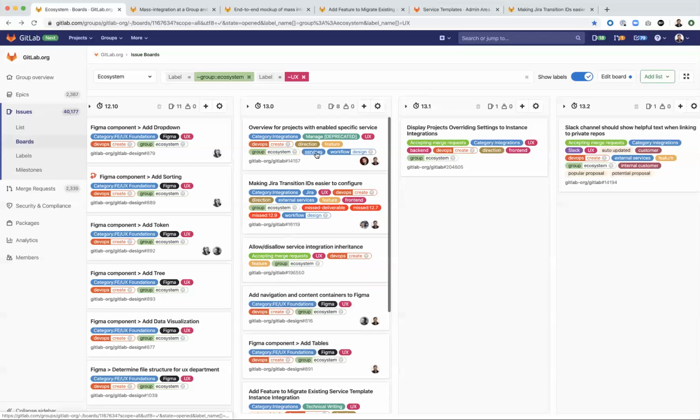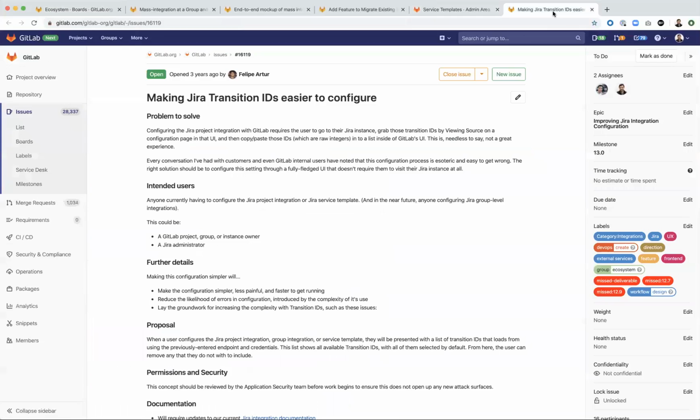I also have this other ongoing issue that I've been working through with Justin here, which is really focused on Jira and this specific field called the Jira Transition ID, or making them easier to configure. This issue took way longer than I initially expected, just because first of all, I had to learn what this functionality even was for. And I know Justin had to do a lot of research on the back end to see how this is set up and just understand